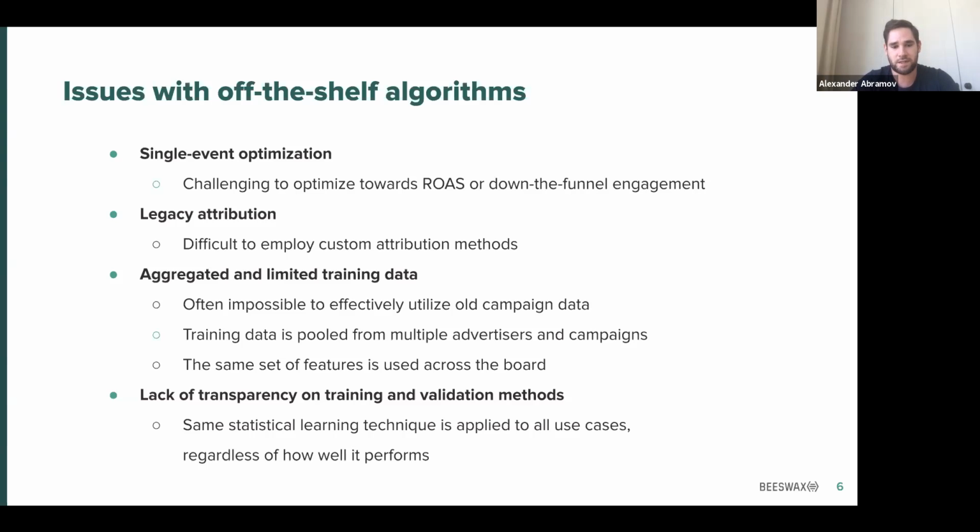And last but not least, the same set of features is used across the board, whatever campaign you're using, right? So what do I mean by that? So let's say the DSP has decided that the 5 features that they want to optimize for when they deploy these algorithms is domain, placement, site, app, day of week, right? Those are going to be the 5 features that are universally applied to all of the campaigns that you run